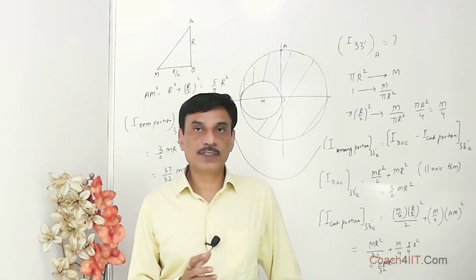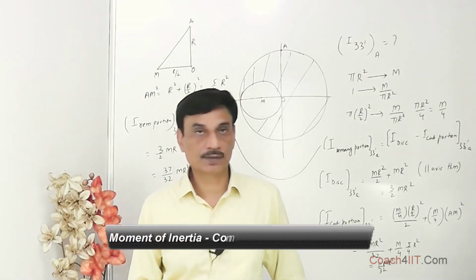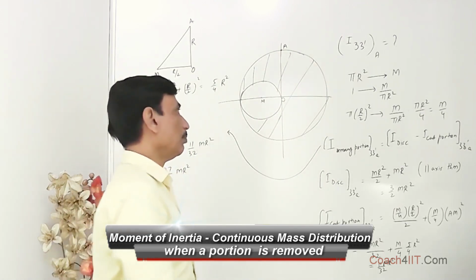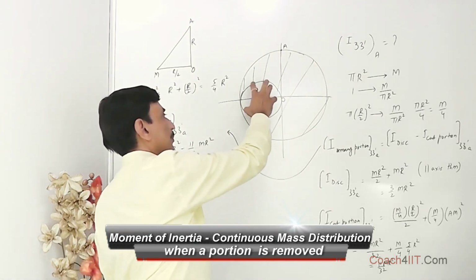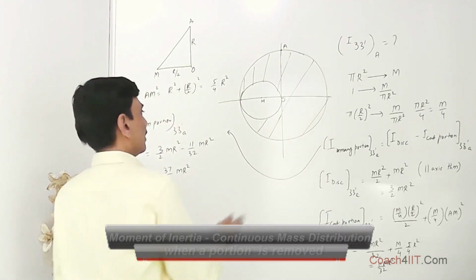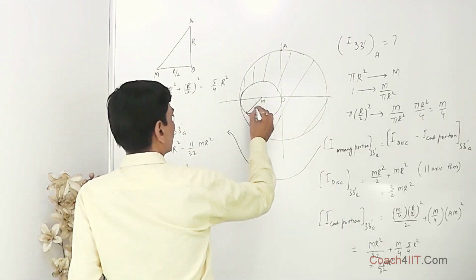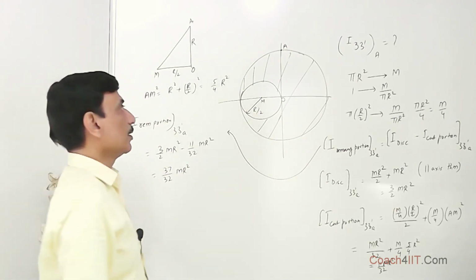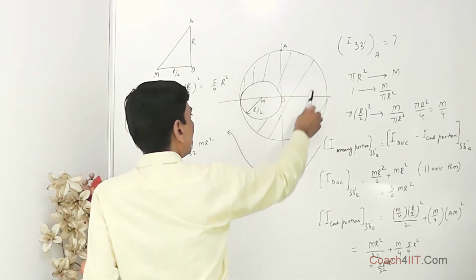For example, we have a disk of mass m and radius r. From this disk, this portion has been cut, where its radius is r by 2. This portion has been cut, and we are supposed to find the moment of inertia of this remaining portion about